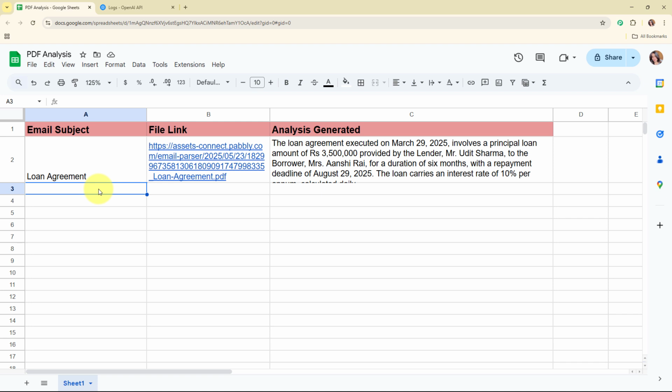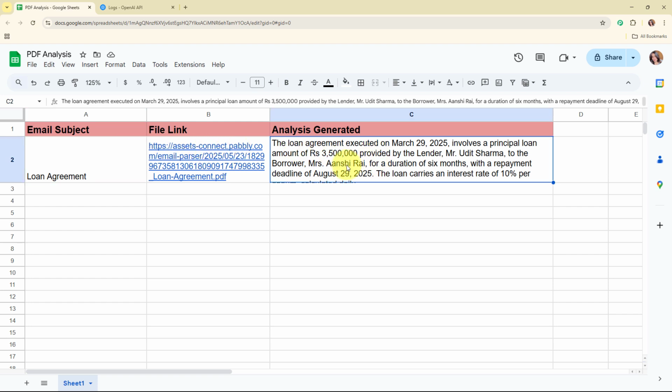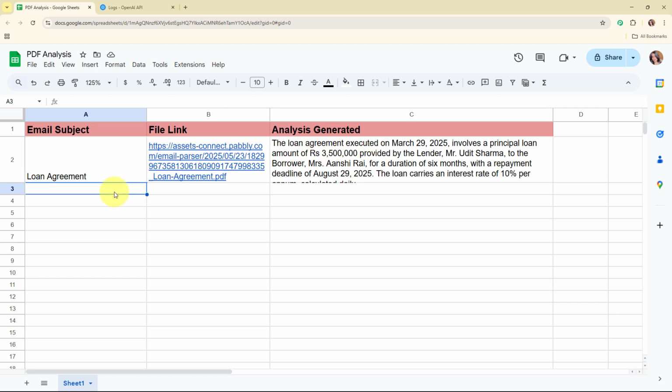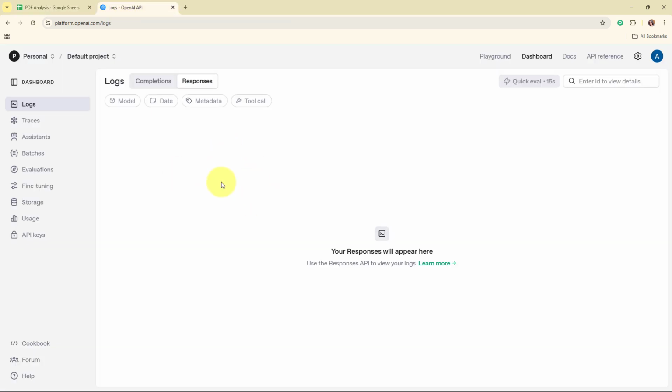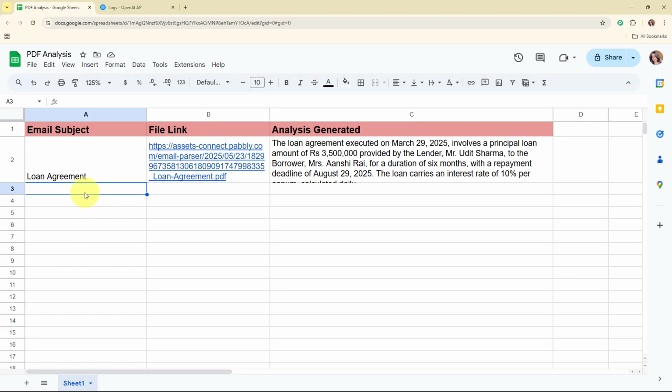Here on my screen you can see my Google Sheet that I've created with the name PDF analysis and the fields email subject, file link, and the analysis generated. My objective is, as soon as I receive a new mail on my Gmail account with any PDF, OpenAI should automatically generate an analysis for it, and after generating the analysis, the details such as the email subject, file link, and the analysis generated should be updated in my Google Sheets. To build this connection, we are going to connect our Gmail account with our OpenAI account and Google Sheets